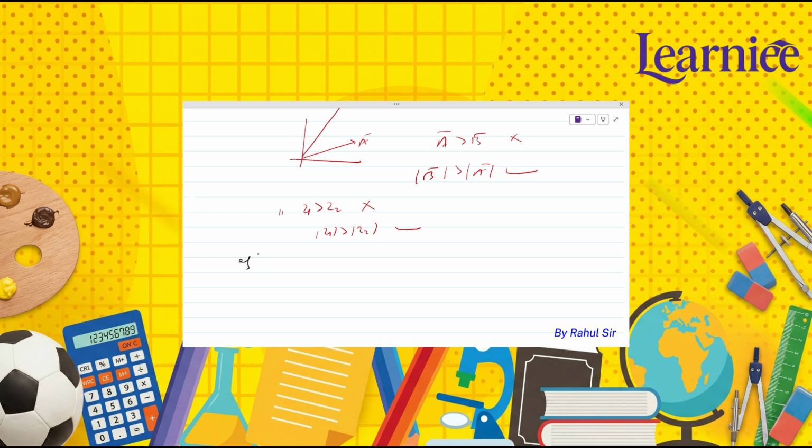Let's say we have to find the ordered pair, that is (x, y), for which